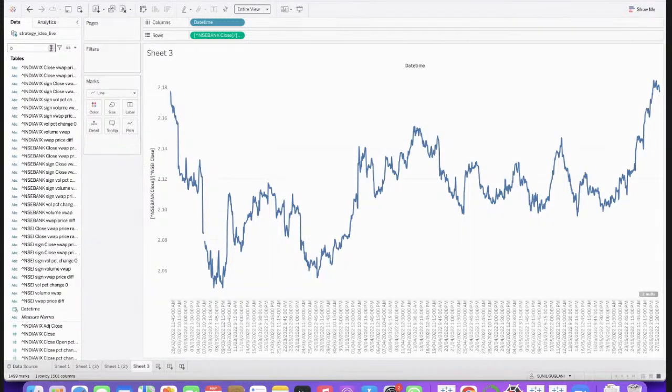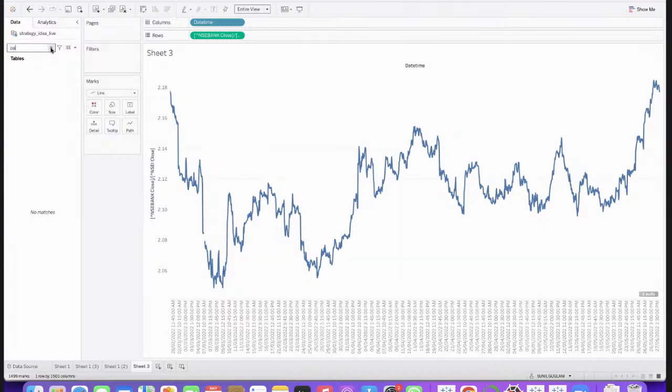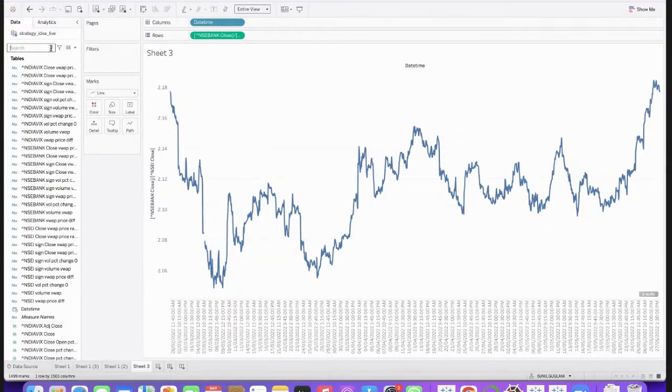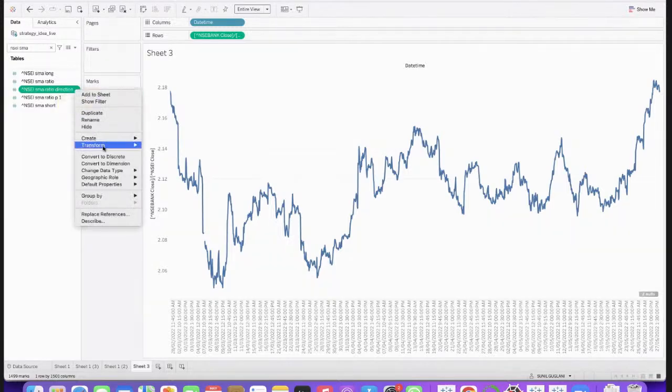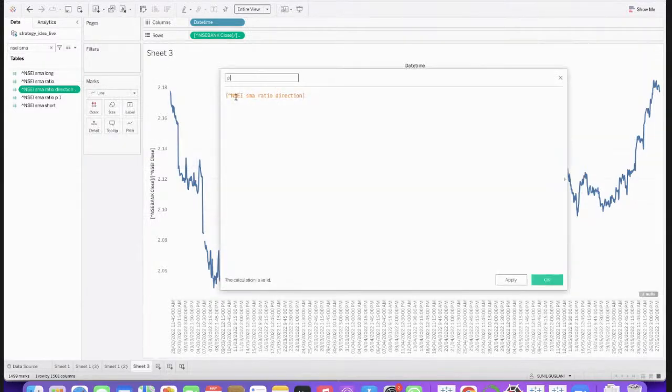So I will be using one indicator. I'm developing my own indicator now. So I will take the NSCI SMA. We have defined the direction here, the Nifty 50 SMA ratio direction. I mean, it gives us the direction of Nifty 50, where it is going. So I will use this to create one more function. Like you can see, we can use a function also here. Pair